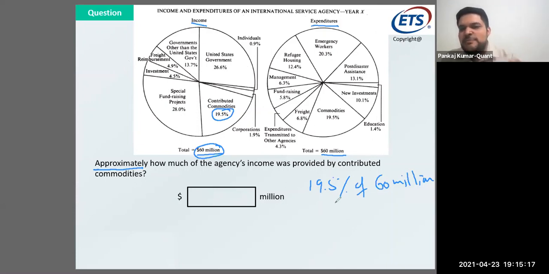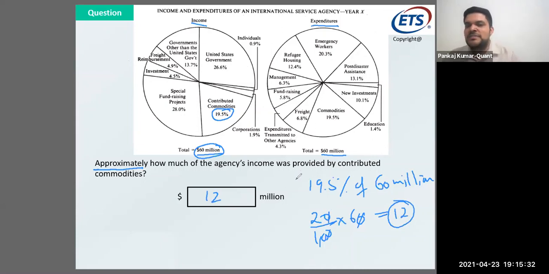So I'm calculating 19.5% of 60 million. What if I calculate 20% of 60 million? If you see, my calculation work has gone down. I don't know what 19.5 times 6 is, and I don't even want to know. I know a calculator is there in the examination, but